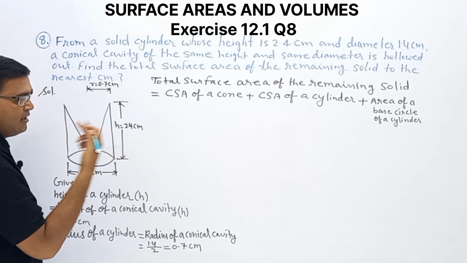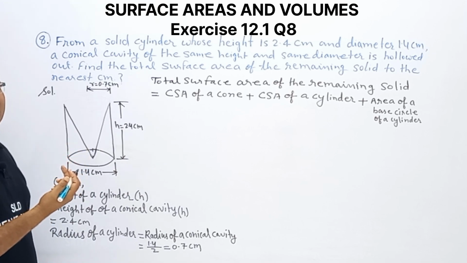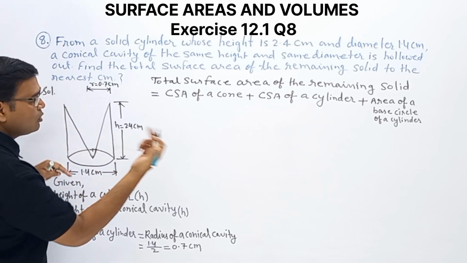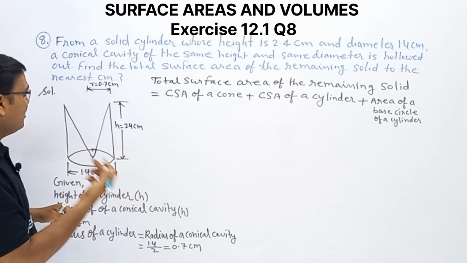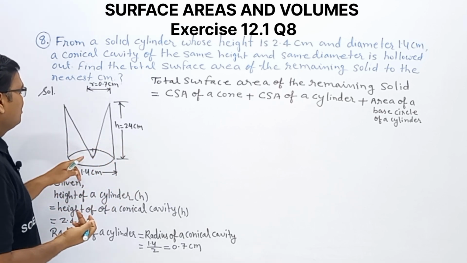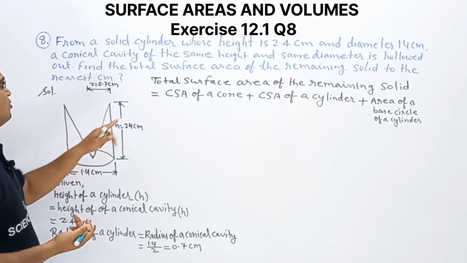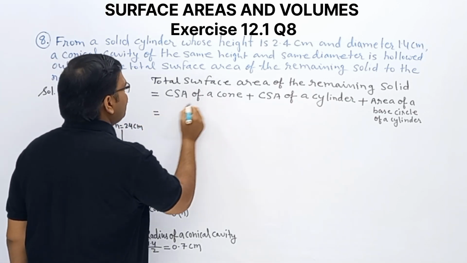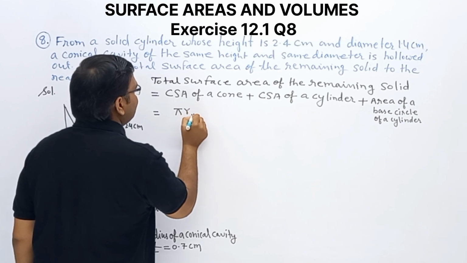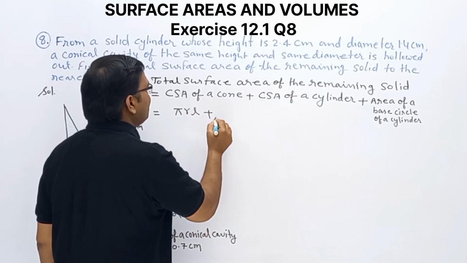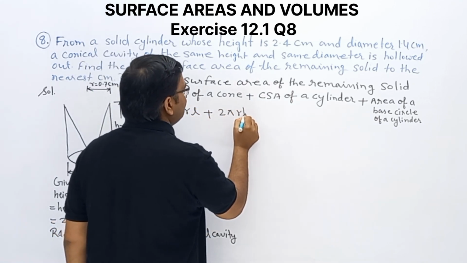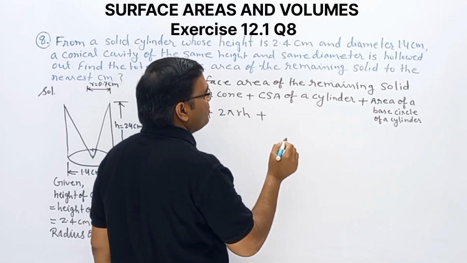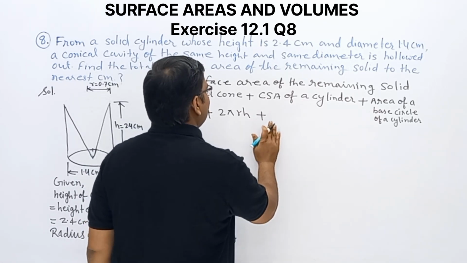In a cylinder we have circles; the top circle we removed, but the bottom circle we have, so we added it. Now what about the formulas? Curved surface area of a cone is pi r l, plus curved surface area of a cylinder 2 pi r h, plus the area of the base circle of the cylinder,